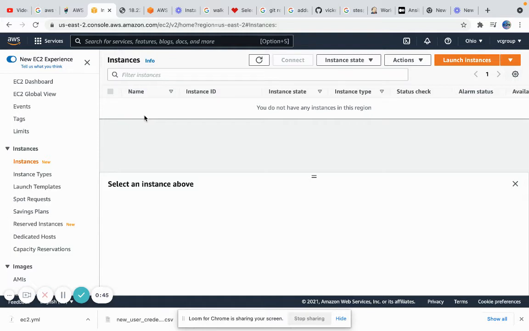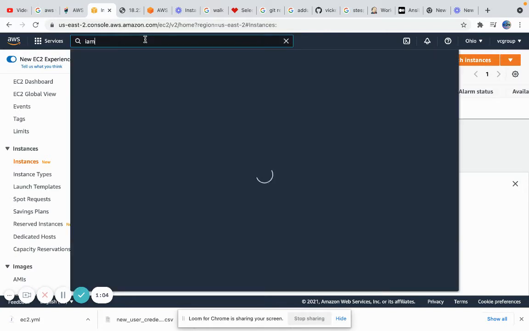Simple. Today we will create an IAM user and restrict that user to access specific features of AWS services, and then we'll log back in and see the user permissions. So I'm going to go to IAM.